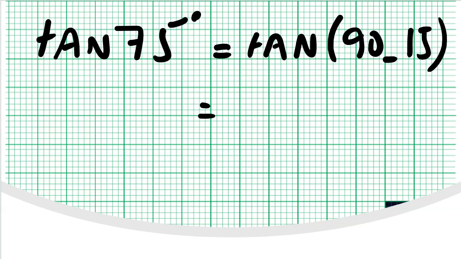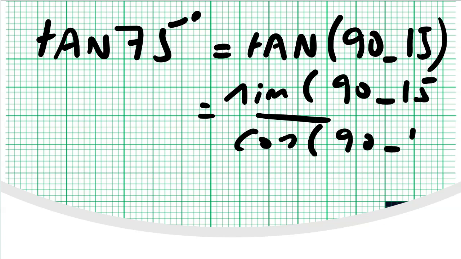But if we think of it as sine of 90 minus 15 divided by cosine of 90 minus 15, again, you don't know what 15 is. You know 30, you know 45, you know 60. You still don't know that. So how do you solve it? You solve that by sometimes using the reciprocal. Meaning, a tangent of 90 minus 15 is what? It is tangent of